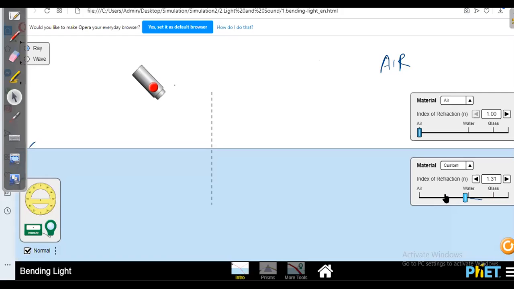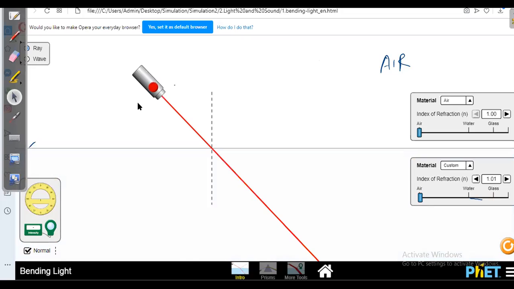Okay, I can do anything. I can choose anything. So now first, I see, first medium I have chosen like air. Second medium also I have chosen like air. That means definitely there is no medium change. Both are same. When there is no change in the medium properties,